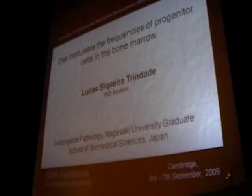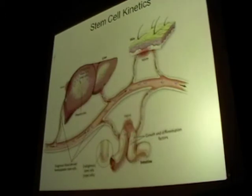Today is about diet modulation of progenitor cells, in some kinds of progenitor cells inside of bone marrow. So, as you know, stem cells in bone marrow can migrate from the bone marrow to the blood circulation, and if they find some injury or some damage in some tissue, they can stop there and help in the regenerative process. If the cells don't find any injury, any damage, they simply